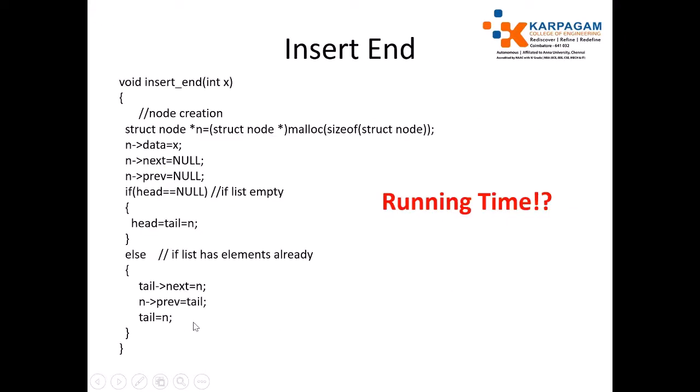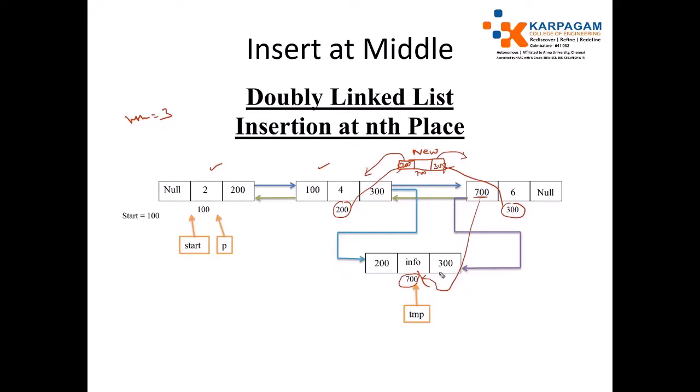That's all. Just to compare insert at end function in single linked list and with the double linked list, we have only one extra statement, that is new node of previous equal to tail. That is, we are processing the previous pointers. Only thing we add this in the single linked list. Similar to single linked list, initially, whenever creating the new node, just setting the new node of previous equal to null. Okay. The running time is constant only. It does not involve a loop.